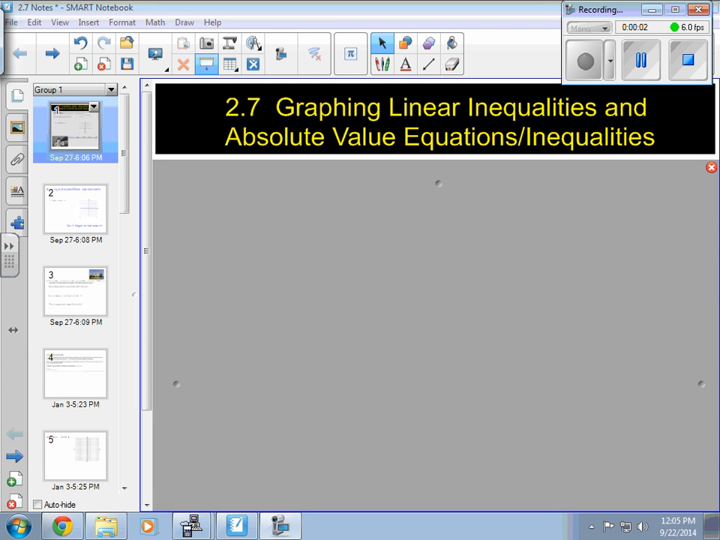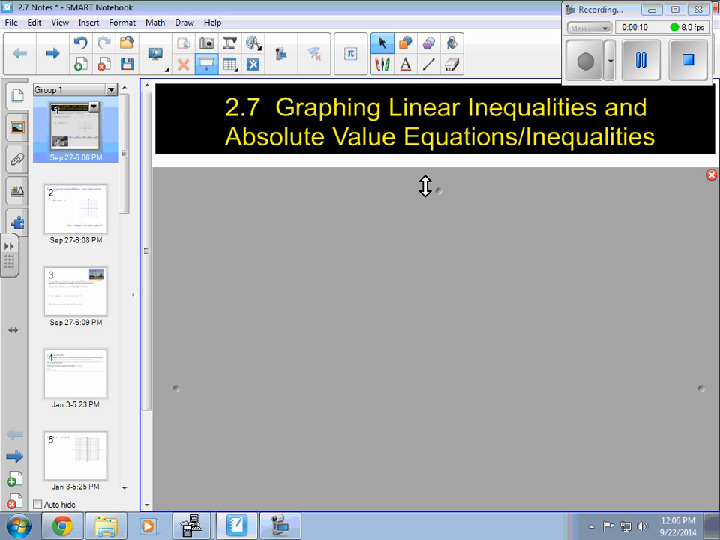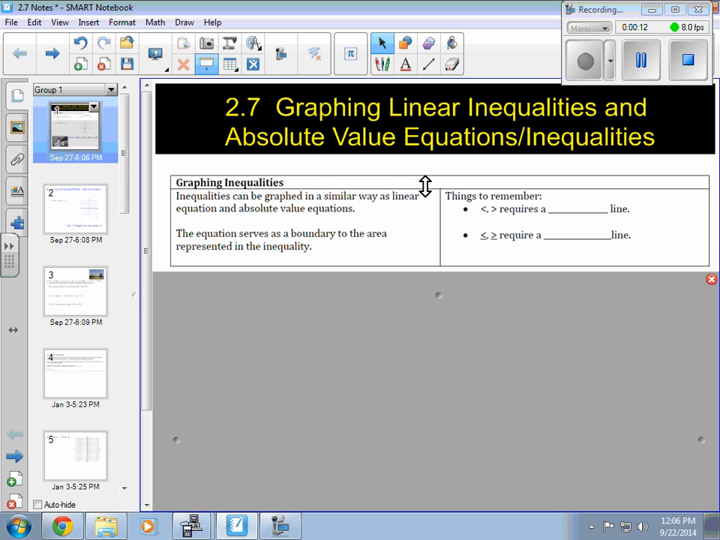Today we're going to look at graphing linear inequalities. Remember, inequalities are less than, greater than type signs, and absolute value equations and inequalities. Some things to remember from when we graphed inequalities on the number line is that anytime you're using less than or greater than, you want to use a dotted or dashed line, and anytime it's less than or equal to or greater than or equal to, we want to use a solid line because that includes the points actually on